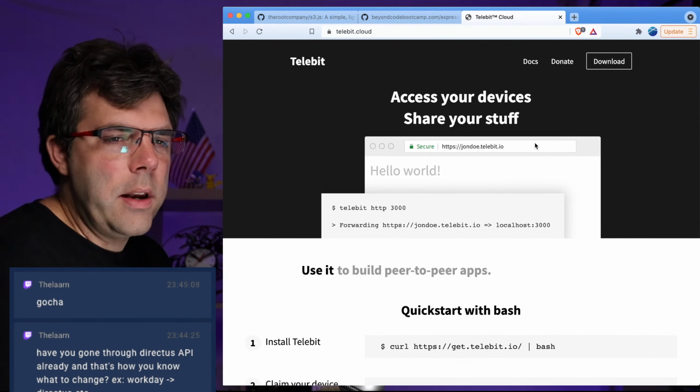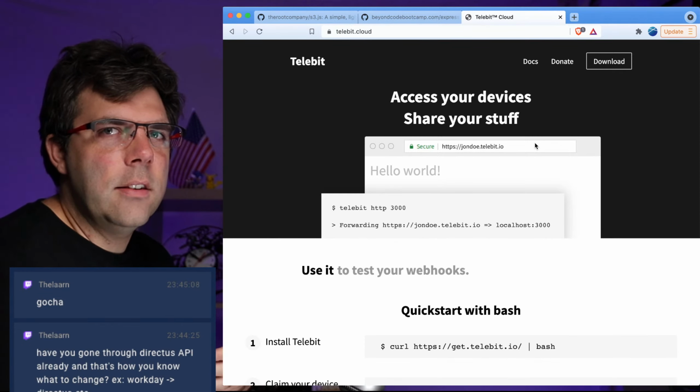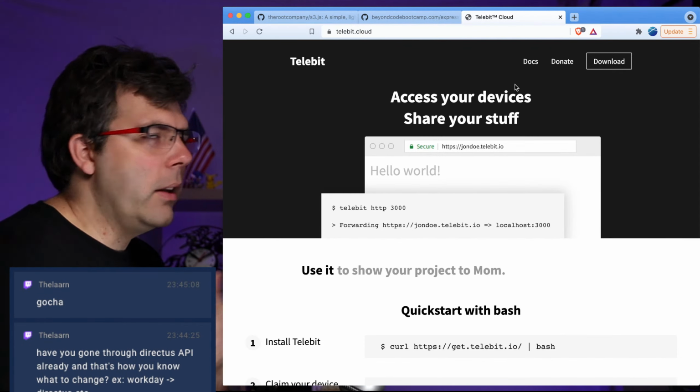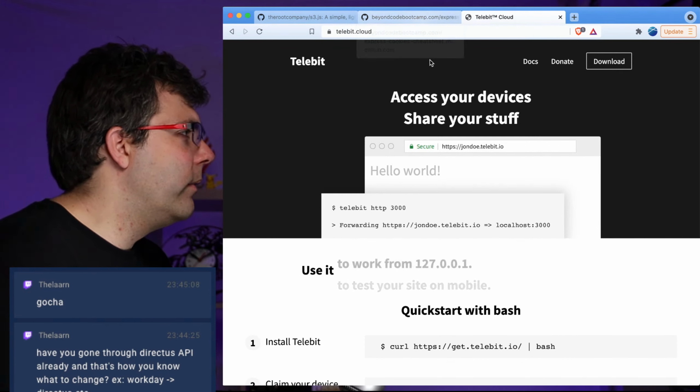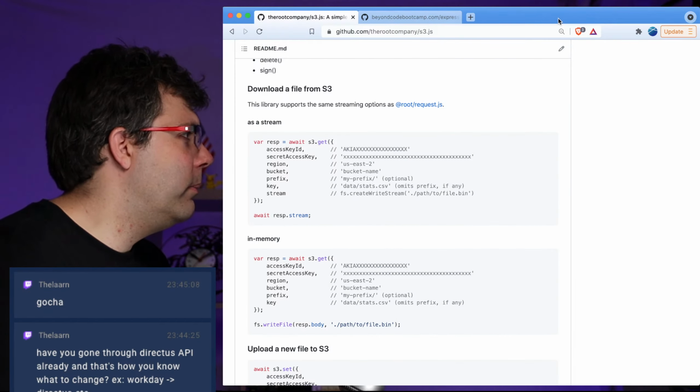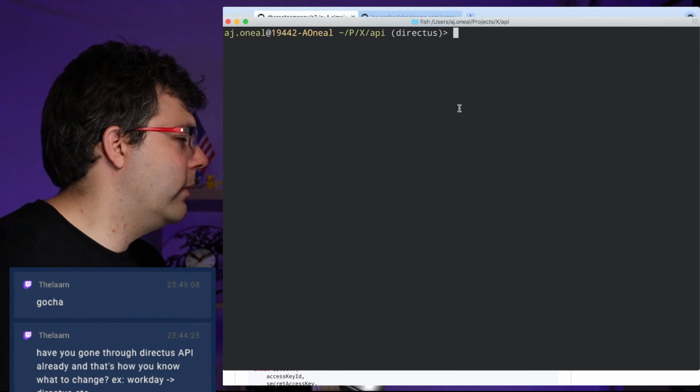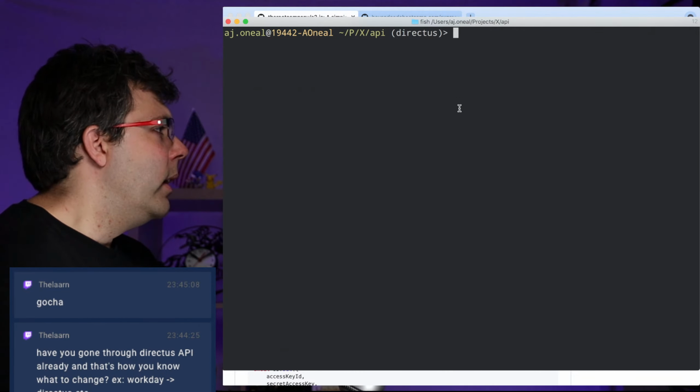Even though the computer's right next to me, because it's on the VPN, I can't access it. So I have Telebit running so they can SSH into it through the VPN. Complicated network stuff, made simple with Telebit. Anyway,